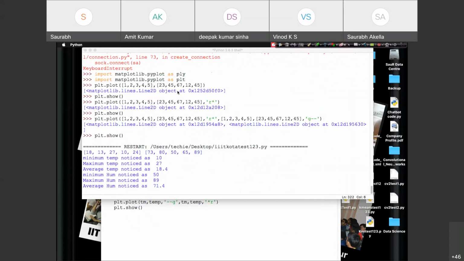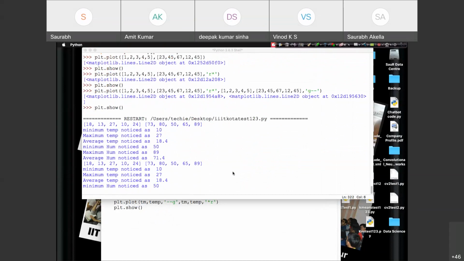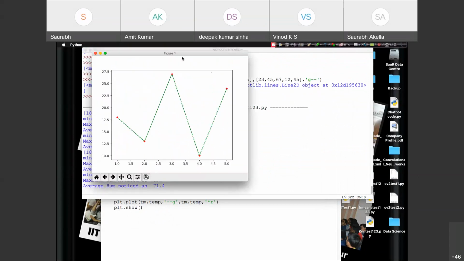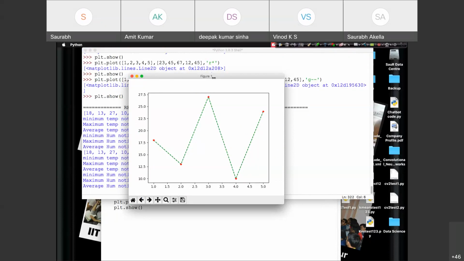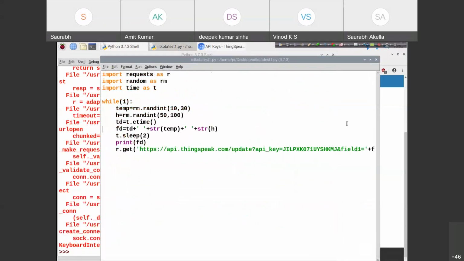It will always be the same since we are not running this program. Let me just run this again, the Raspberry Pi side.